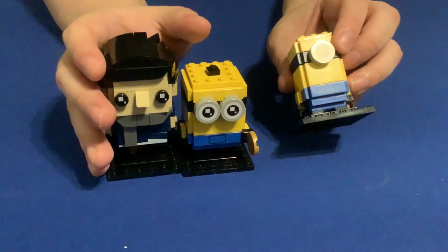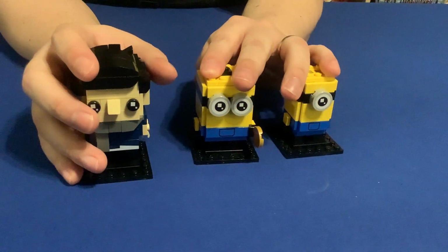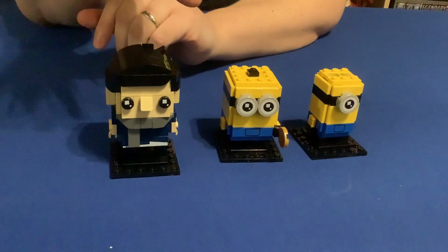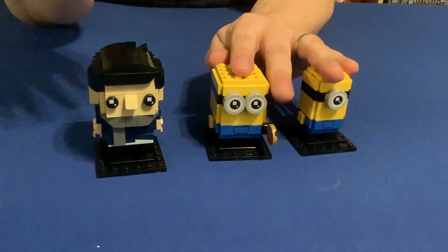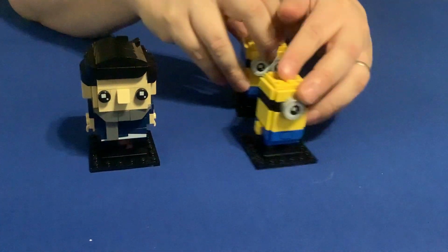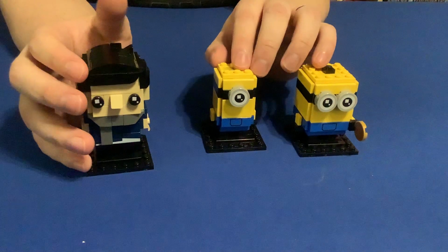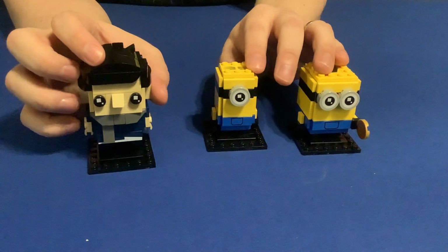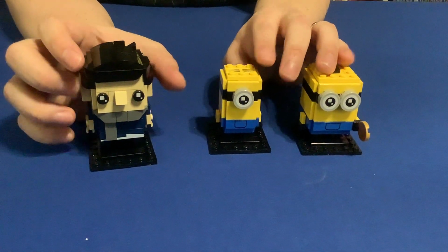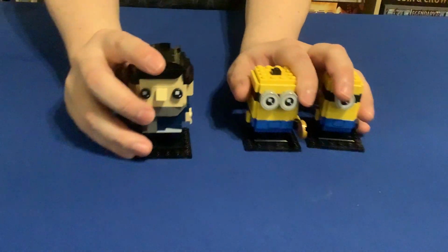So that's Stuart. And in the build order, you will build bag 1, which will be Gru, and bag 2 are the minions, and you build them in this order. The numbering on the box is actually like that, so if you're numbering minions or displaying them based on their number, this might be how you display them, but this is how you'll build them. Moving on to the next set,